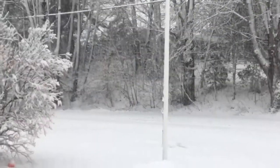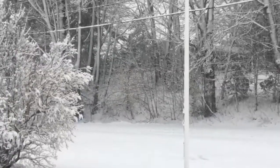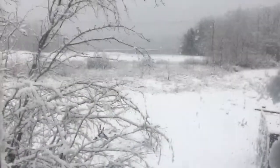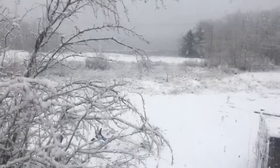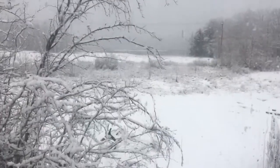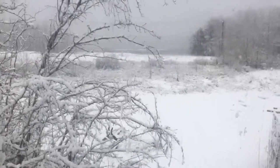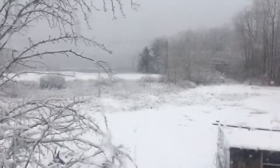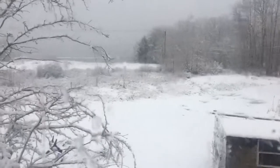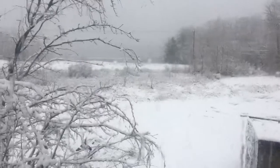So we've gotten this much snow in just the hour and a half, 2 hours that I've started the chicken. I can't believe this for April. It's so beautiful. So this is what it looks like in my backyard. And straight ahead past those trees is the water. I can't believe how beautiful this is. There's just huge fat snowflakes. This spring has been crazy with the weather. Let's see if I can get closer so you guys can see how big the snowflakes are. And that's our chicken coop down there. Man,